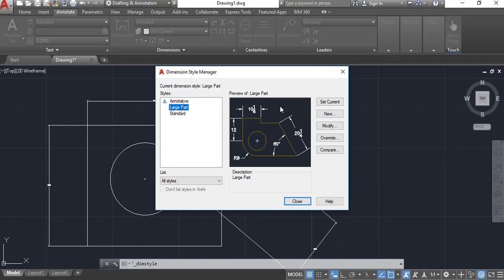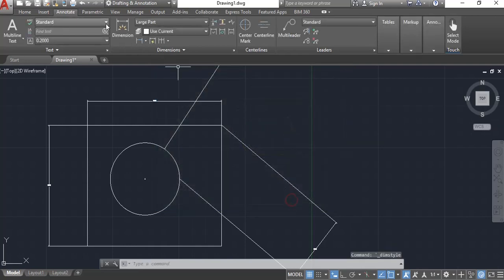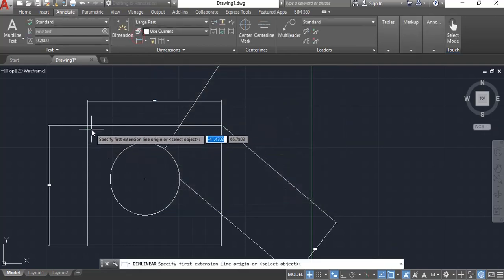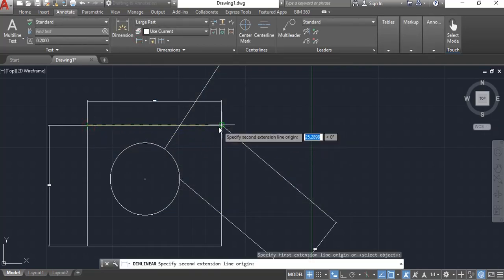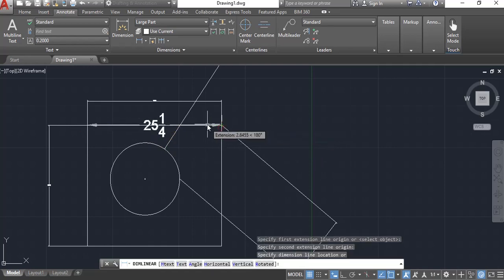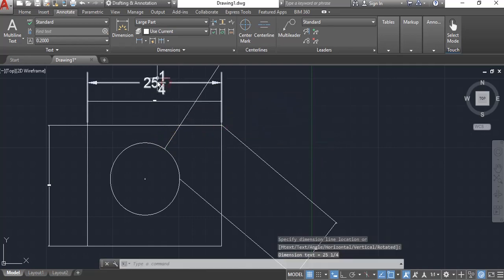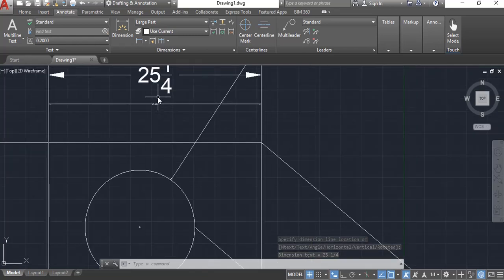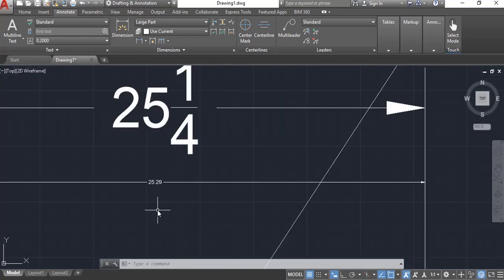So now I'm going to click on the large part, and I'm going to tell it set current. Okay, so if I click set current for that and I close, now when I do a dimension, let's say for example this one here, notice what it did. The dimension itself has the same basic numbers. Obviously this one was in decimal units rounded to 2-place decimals, and this here in fractional units, but it